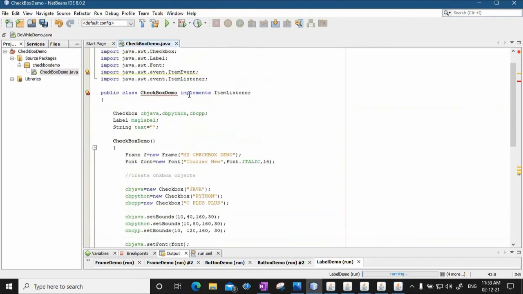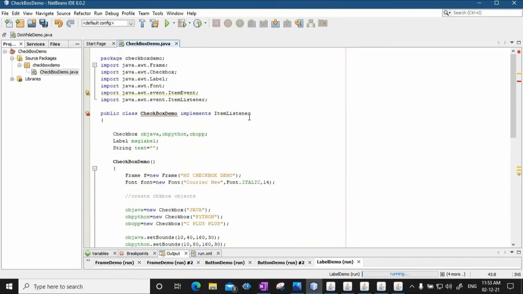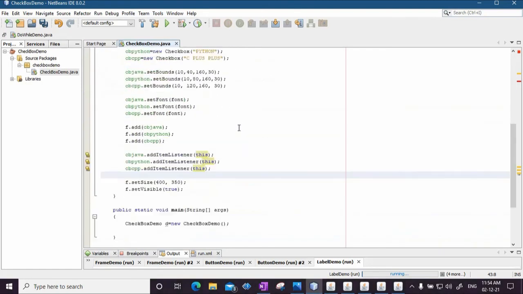Now item listener is basically an interface. This item listener interface will have inbuilt methods that will tell you what actions this listener is going to take when a particular event occurs. Now since it's an interface, we will have to override and define the methods which are there in this particular interface in our class.